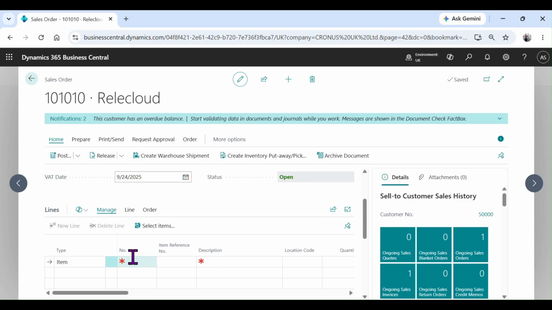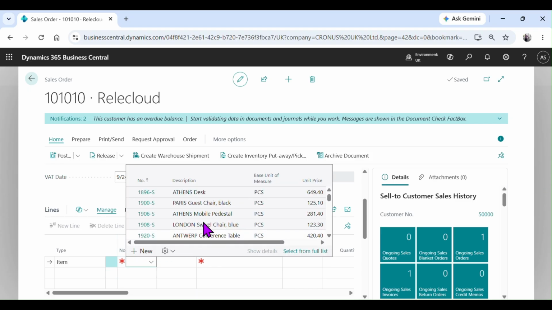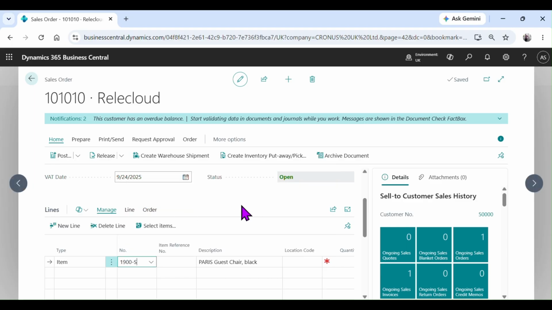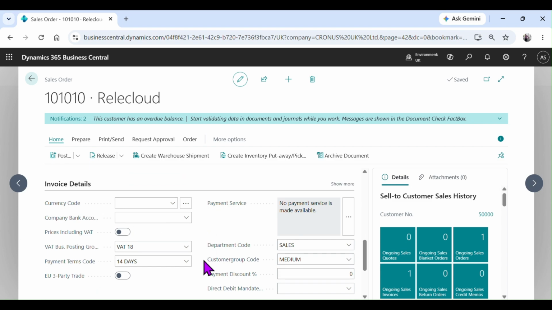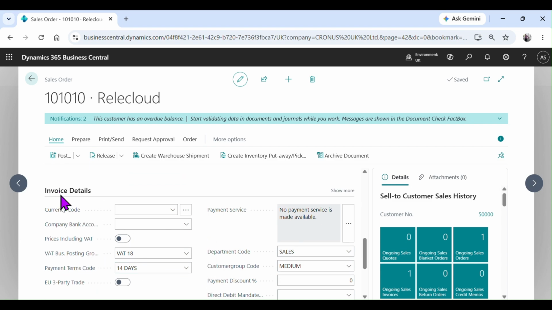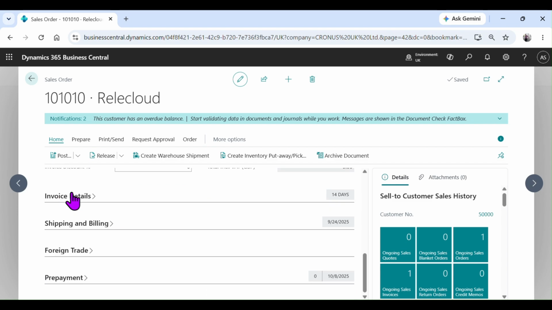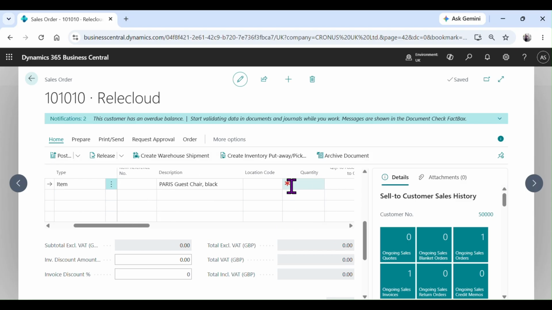So now I select this customer and I use this Paris guest chair black. Now if I go here under invoice details, you can see VAT business posting is coming for that customer. Now I'm putting a quantity of 10